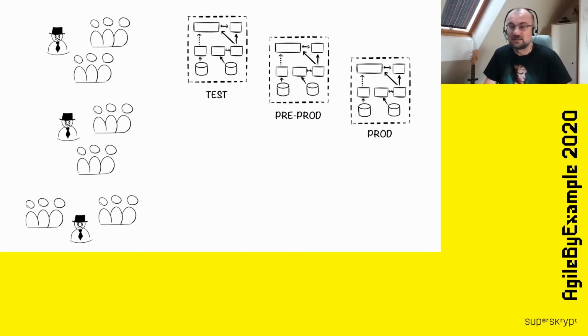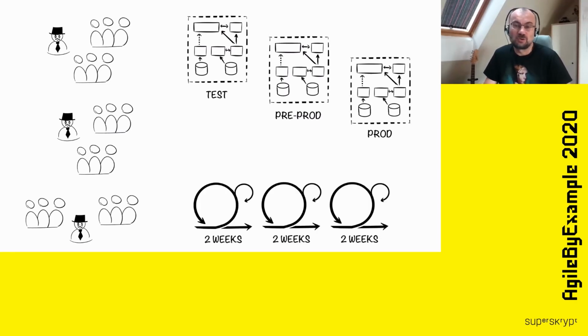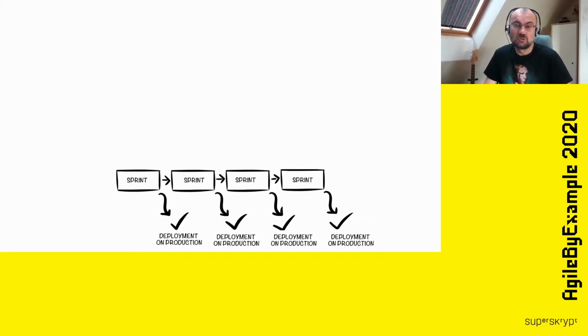And at the very beginning, there was a decision about working in Scrum and to work in 2 week sprints. And there was one more important decision at the beginning. This decision was to work in sprints and make deployment to production after each and every sprint. And you can ask the question, what's so strange in this? Because this should be quite normal.